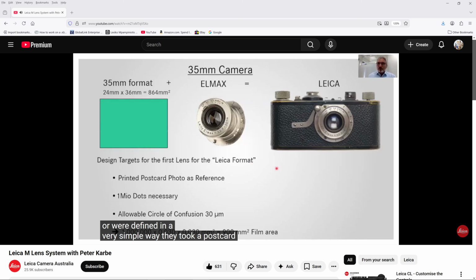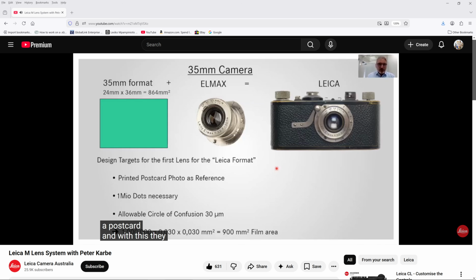They took a black and white postcard, and they counted the dots. How many dots do we need to get a perfect postcard image? And they came to the conclusion that 1 million dots are necessary to get a good print on a postcard, or a good picture on a postcard.